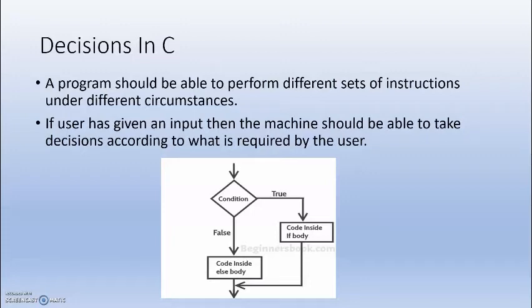So in this case the machine is me, that is my brain, that I am thinking about it. The input is basically the weather forecast, and what is required by me is that I don't want to get wet if I step outside, so I need an umbrella if it is raining.